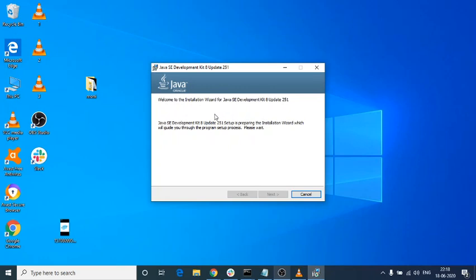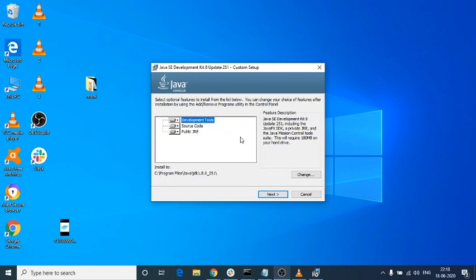Welcome to the Java SDK setup, preparing the install wizard. We need to go for Java development tools, because with the help of Java development tools only can you develop or create a Java application. This is the path where the JDK installation goes. After that, next.